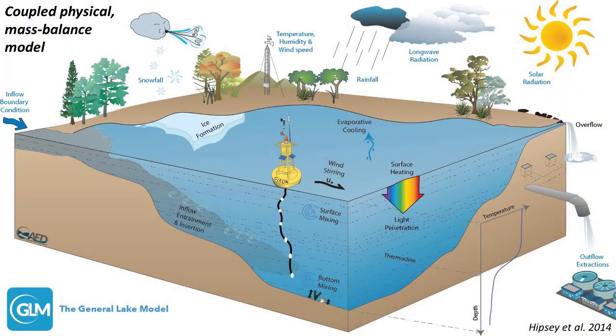So this is a model called the General Lake Model, and just kind of showing the complexity in this model. It's a physical model with a coupled mass balance. And so some of the processes that you can see are wind stirring, which will mix up the water. You can see surface mixing under the water and different layers forming. Those different layers will affect the mass balance of any chemicals coming in. It'll affect the concentration of the water coming off the ice because the really fresh water will stay along the